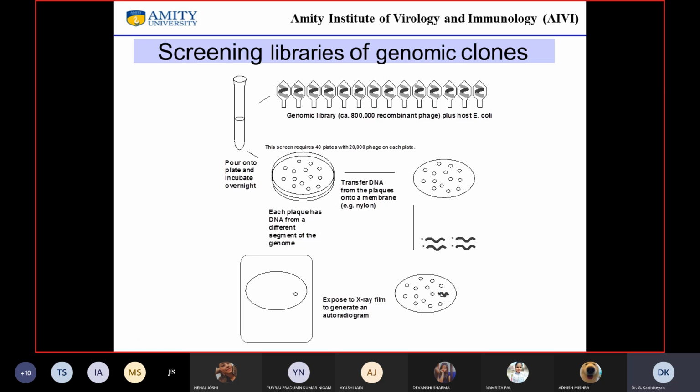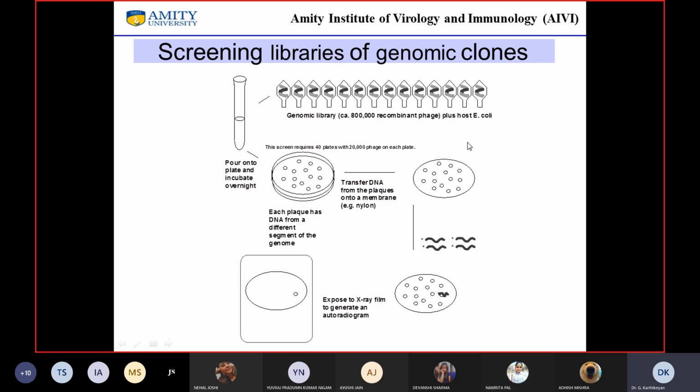This can be transferred to what is called a nitrocellulose or a nylon membrane. These are also available from vendors depending on the size of your petri dish. If you're using a large petri dish, you can ask for a larger membrane. If you're using a regular petri dish, it comes in the regular size.